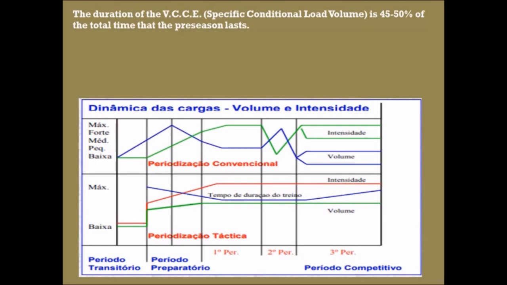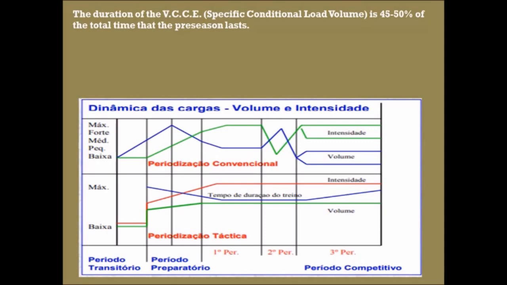So you're going to be always playing around with this according to the calendar. You will load, okay, and you will increase either the intensity or the volume or both, or one or the other, and the supercompensation curve will go backwards on the opposite way. And as the footballers adapt, you will release the load, you will lower the load, okay, so that they reach the competition at the optimum level, okay, physically and football-wise. This is the theory as far as conventional.